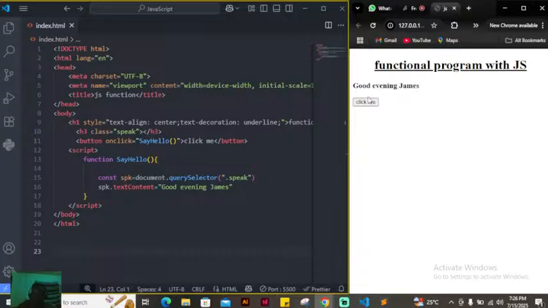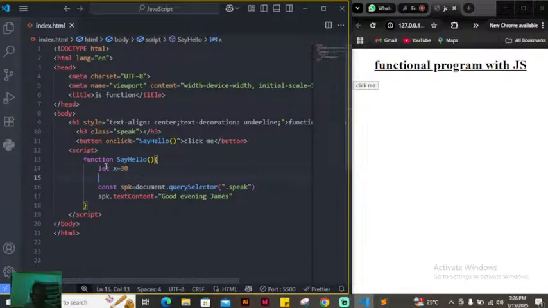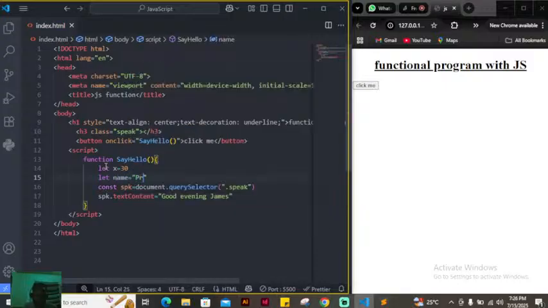Okay. Thank you. So now let's see another advantage of function. Let's say I pass in a variable here. Let's say s equals 30. Then let's say name equals a string. Let's say promise equals promise. Then I now have here, I say